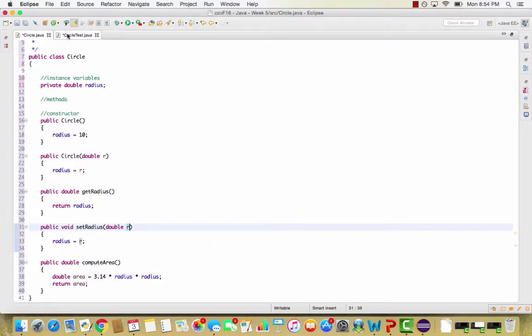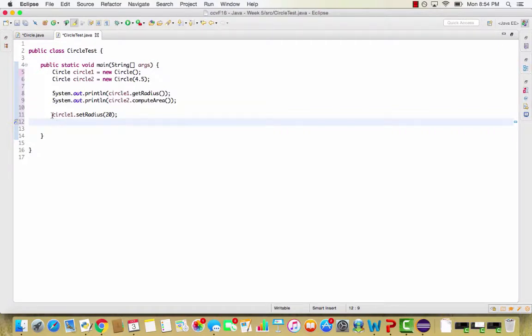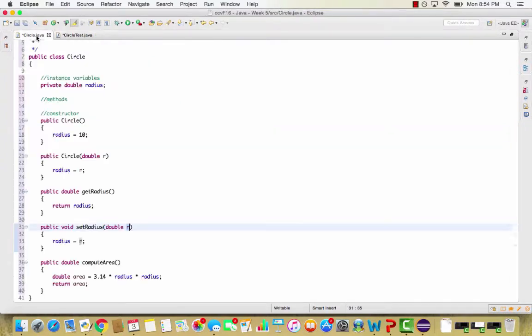I have here a CircleTest class, and here's an example. When we have circle1.setRadius(20), the 20 gets passed, it gets captured here and put into this variable called r. Now, I've made a big deal about calling this variable something other than radius, even though ultimately what you're really doing is passing in a value that you want to get into the radius. The reason that we don't call it radius, or have it up to this point,